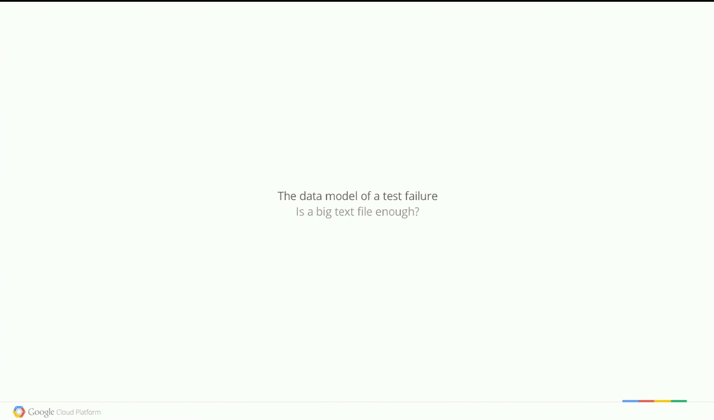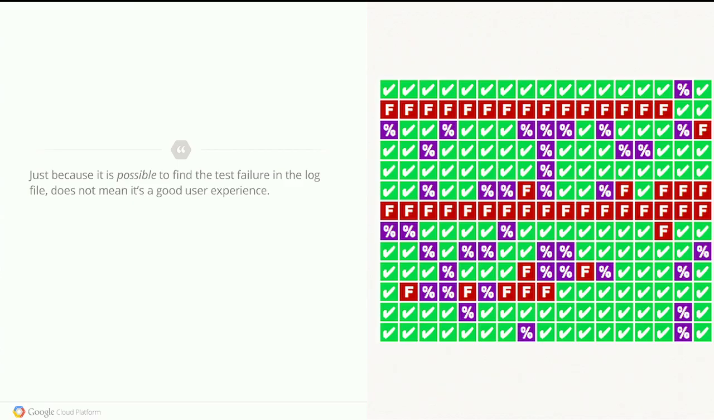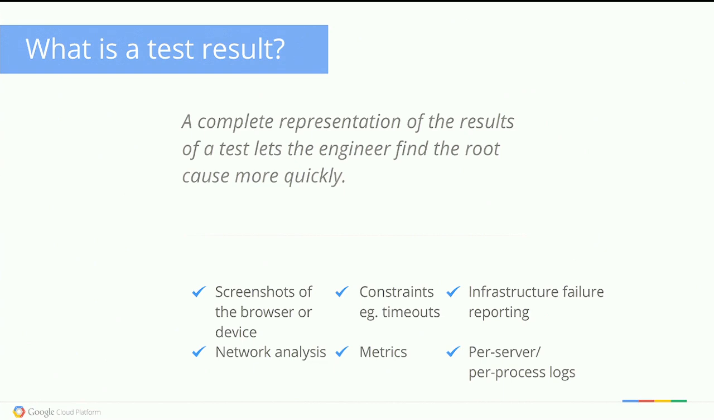So I'm hinting there at the data model, and like a big text file, is that cool? Obviously, I think the answer is no. There it is again. So a test result, really, logically, what's in there? It's a representation of everything that happened while the test was running that could help a user figure out what's wrong. Screenshots,